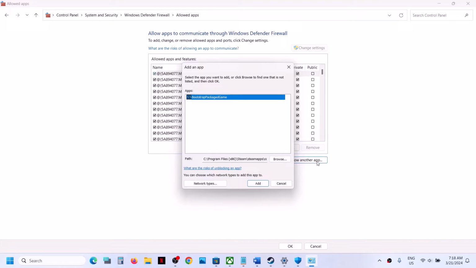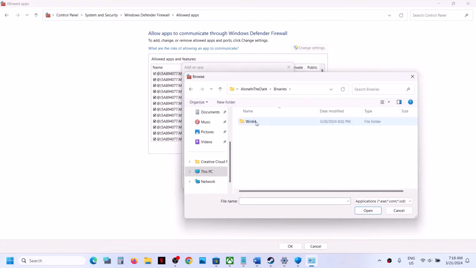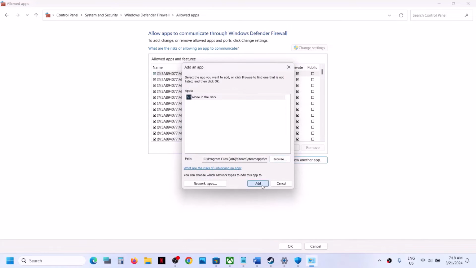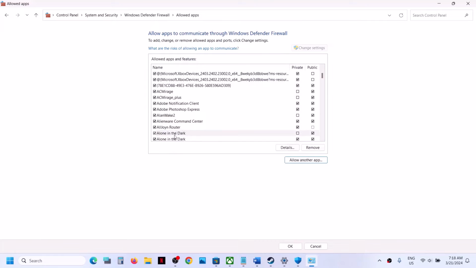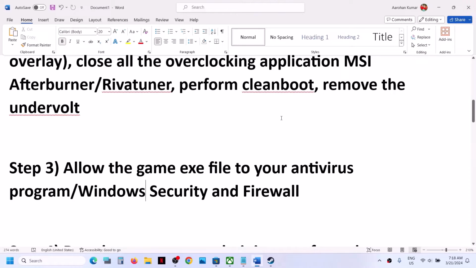Again click on allow another app, browse, and then open this Alone in the Dark folder, binaries, win64. Select this exe file, click on open, again click on add. Now once the game is added over here, click on OK at the bottom. Now launch the game and then check. Still, if you are facing the problem,